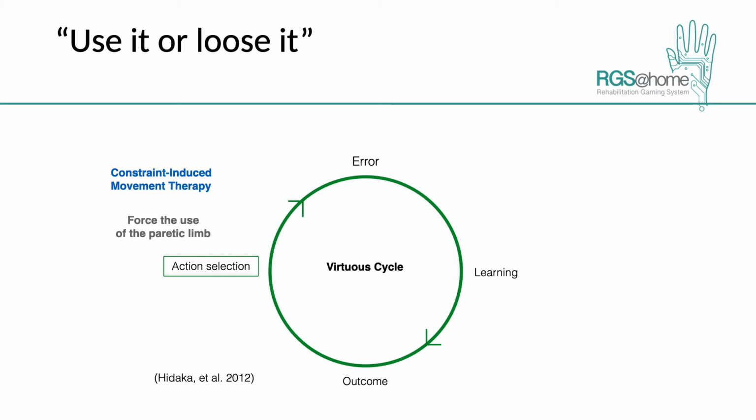Patients are not able to select which limb to use anymore, since they are forced to use the affected arm most of the time. And even though constraint-induced movement therapy has shown to be quite effective in promoting recovery, it is not suitable for most of the patients. Actually, only 7 to 13% of these patients can benefit from this type of therapy, since many of these patients